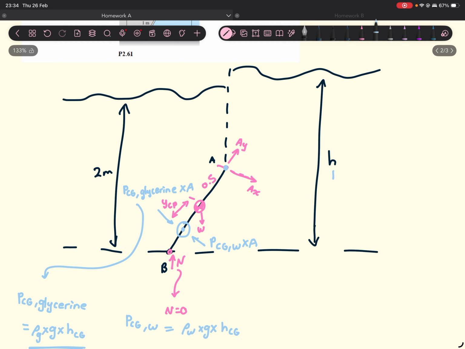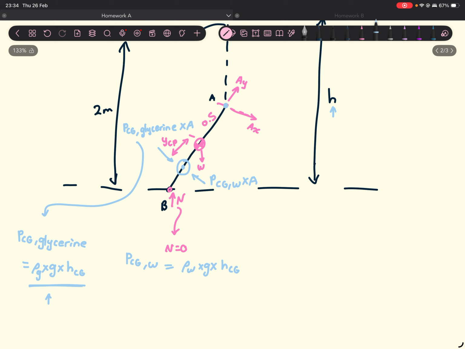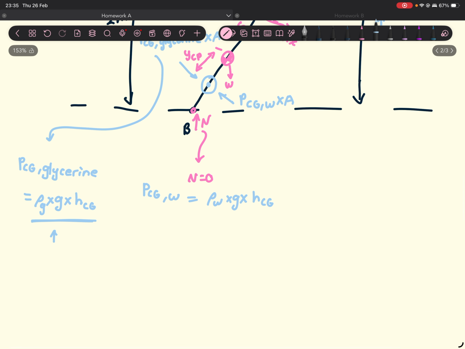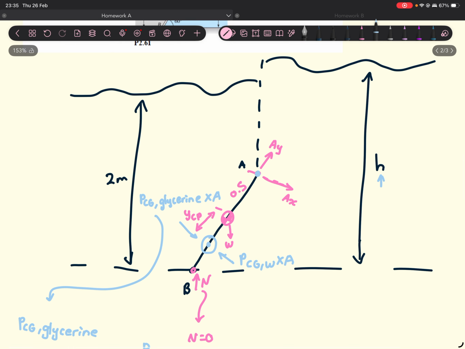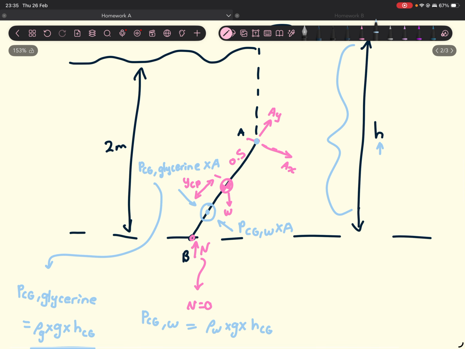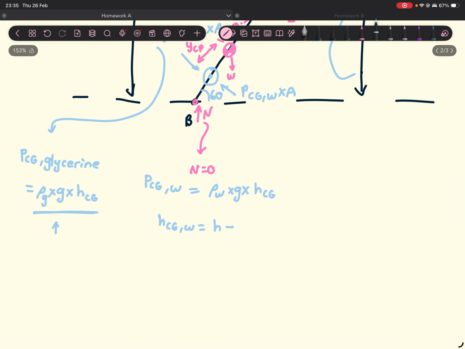So it's not going to be this H, unfortunately. It's going to be the H to the center of gravity, okay? But we can say that H to the center of gravity for water, so HCG for water, is equal to H, right? So this total distance over here minus, sorry, I forgot to put this angle, that was 60. So minus 0.5